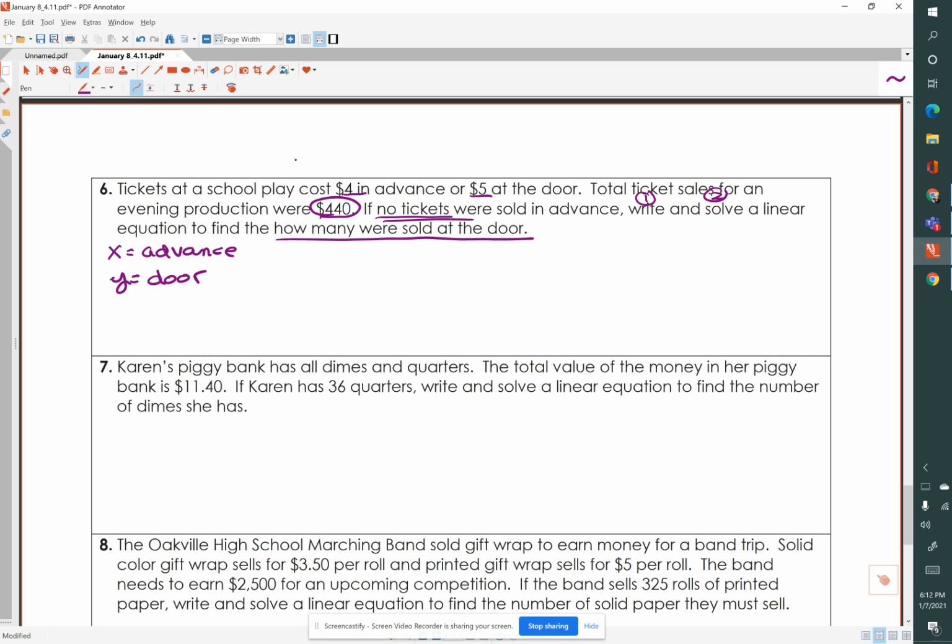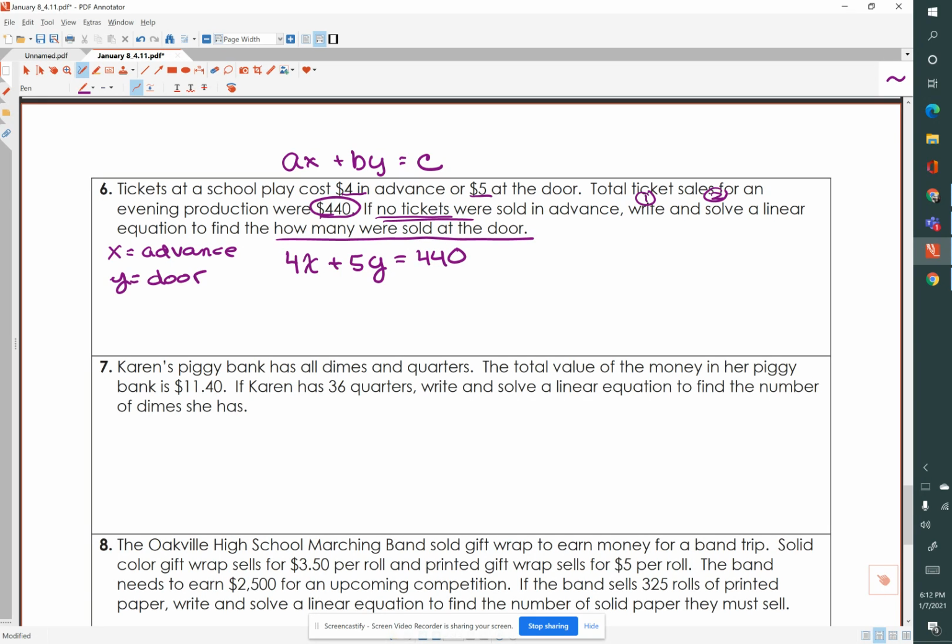So remember, standard form of an equation, AX plus BY equals C. So $4 in advance, $5 at the door. That would be 4x, $4 in advance, plus $5 at the door, 5y, equals